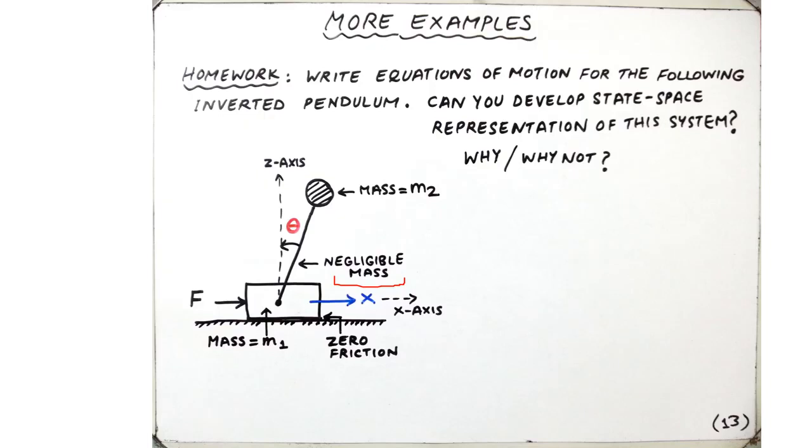But at the tip of the pendulum bar, we have a mass m2, and the problem of the inverted pendulum in this case is that we would like to make this angle theta as small as possible. This time this angle theta is taken with respect to this vertical z-axis, or you can just take it as y-axis, whichever seems more convenient,